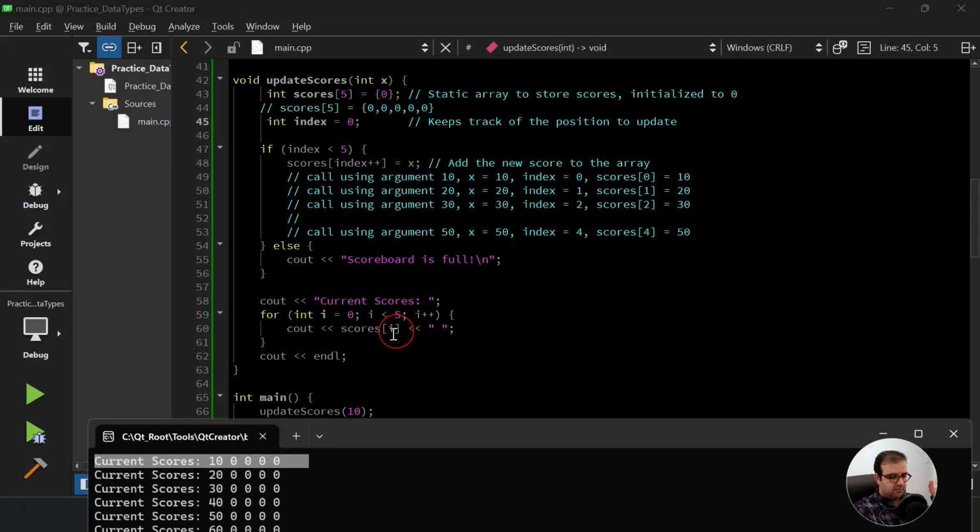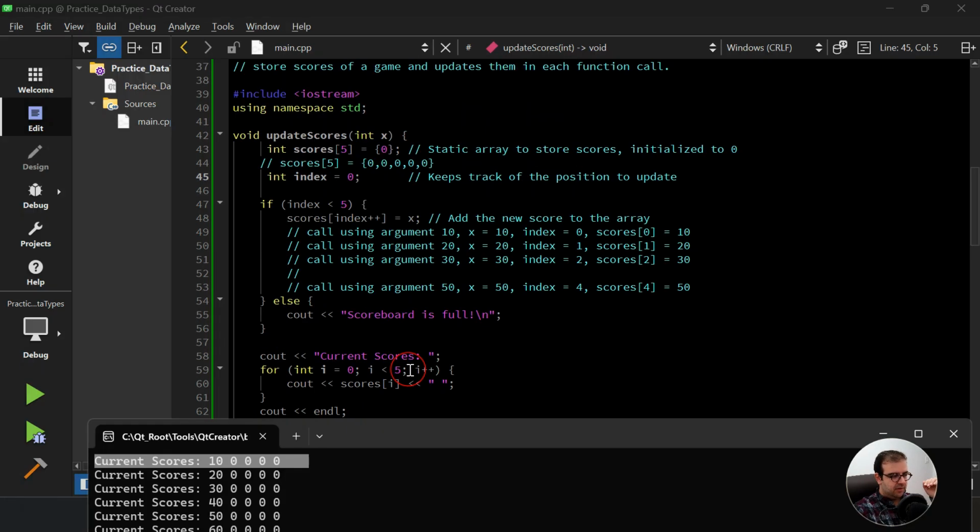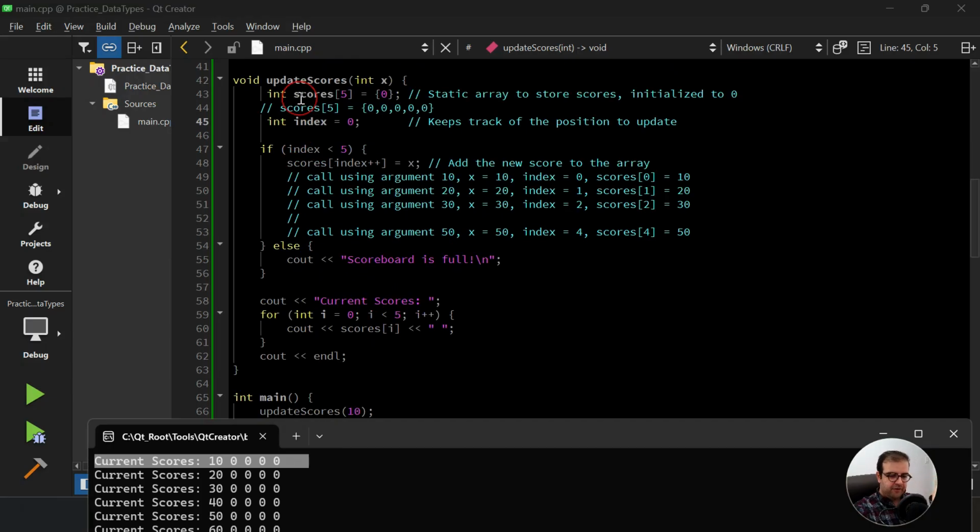Okay, everything is done. When we print the array and reach this point, whatever modification was done in the function is going to be deleted. So now we are calling the function for the second time. Again, it is going to initialize an array from 0 again. Then it's going to initialize one int called index to be 0. Then it says, okay, 0 lower than 5, yes. So put 20 for the first element of the array score, and then increase the value of index